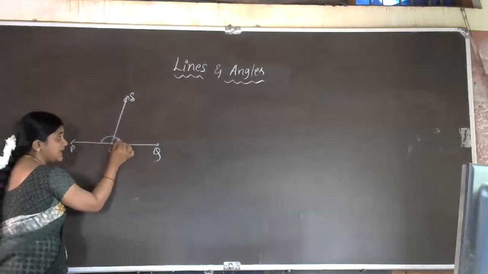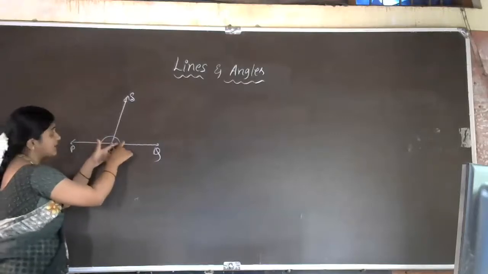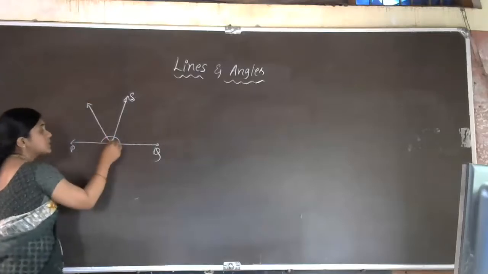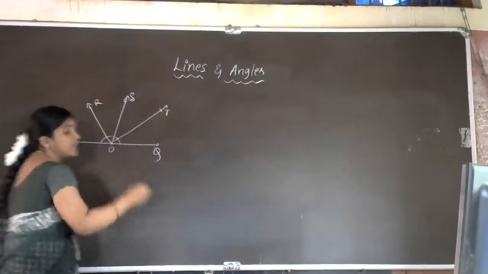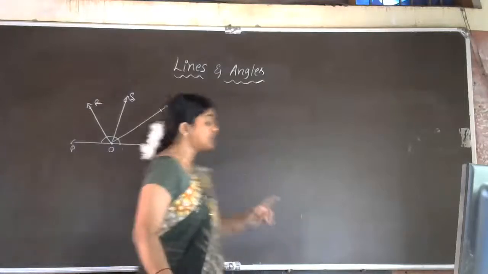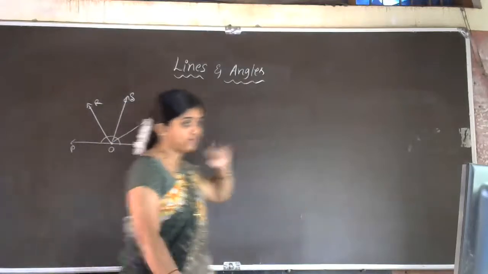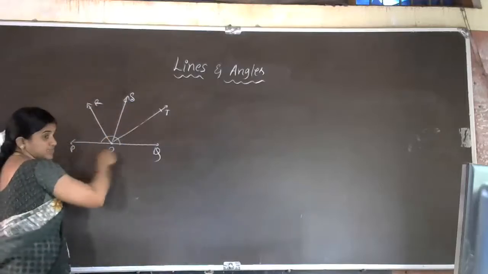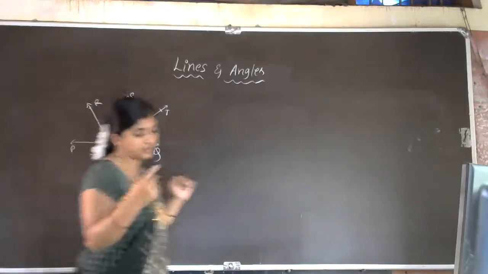Here POS and POQ, SOQ angle are you observing? For this POS angle and SOQ angle, there are angle bisectors. So here you just observe the angle bisectors OR and OT. So listen carefully. Ray OR and OT are angle bisectors of angle POS and angle SOQ respectively. They have used the word respectively, in the sense we have to take the ray OR in POS only and OT ray in between SOQ only. They have used the word respectively, no?